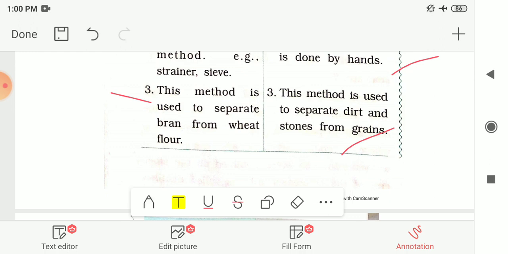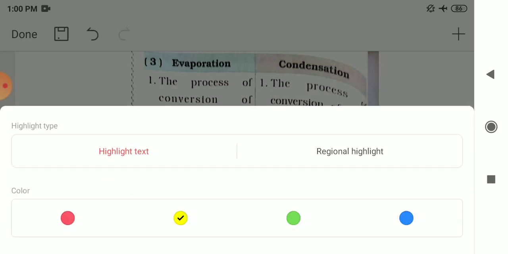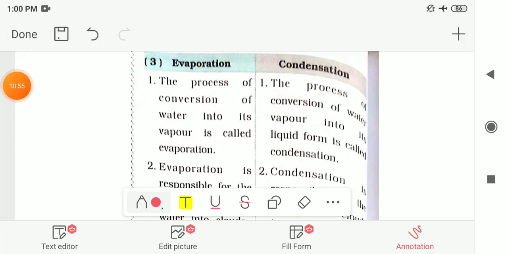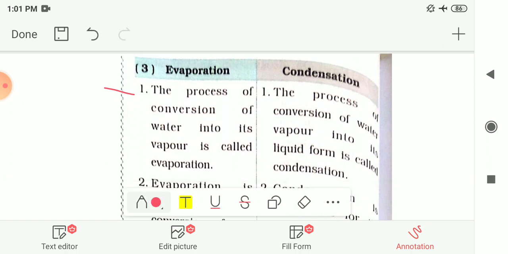Next difference is between evaporation and condensation. In evaporation, first point, the process of conversion of water into its vapor is called evaporation. The process of converting water into its vapor, that is from liquid state to gaseous state, is known as evaporation.